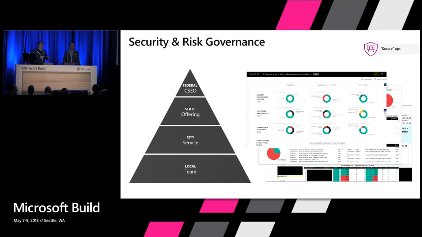So the engineering team that's operating on the service has their own live site, uptime, performance SLAs, security stance. But then we roll it up at every different level. And we can say, hey, this is what the security stance looks like all up for this particular area, for a city, for a service, so like tax. And then we can roll up to a state or what we call an offering level. And this would be, what do we look like for finance in general? Not just tax, but finance.